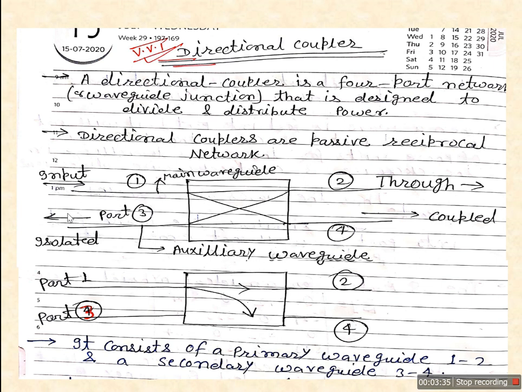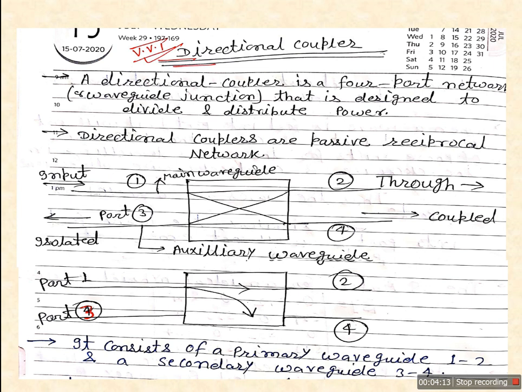Then you are sure that one out of the two ports is definitely the input port. Then identify which one is the input port out of these two. Then see the directions of the arrow. Check the direction of the arrow; the similar direction of arrow also check on this side. Then you identify this is the input port. If the direction of arrow is similar to the direction of this side arrow, then this port is the input port.